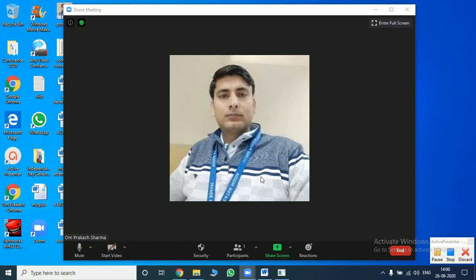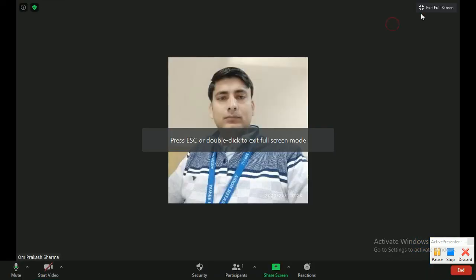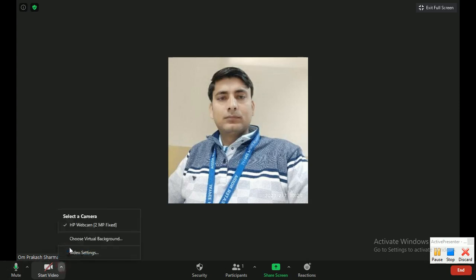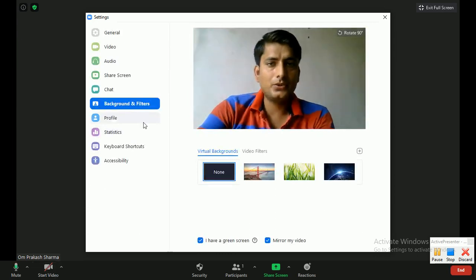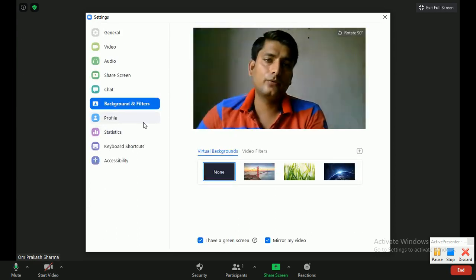Okay, so you can use the exit full screen view also, and a number of options are available here, right? Like in video you can choose any virtual background, video settings are there, so you can use any virtual environment with background.